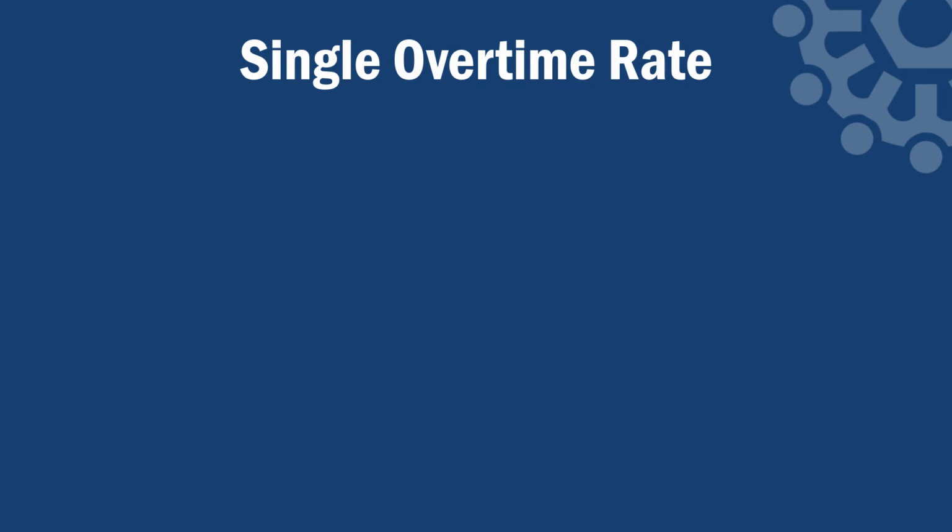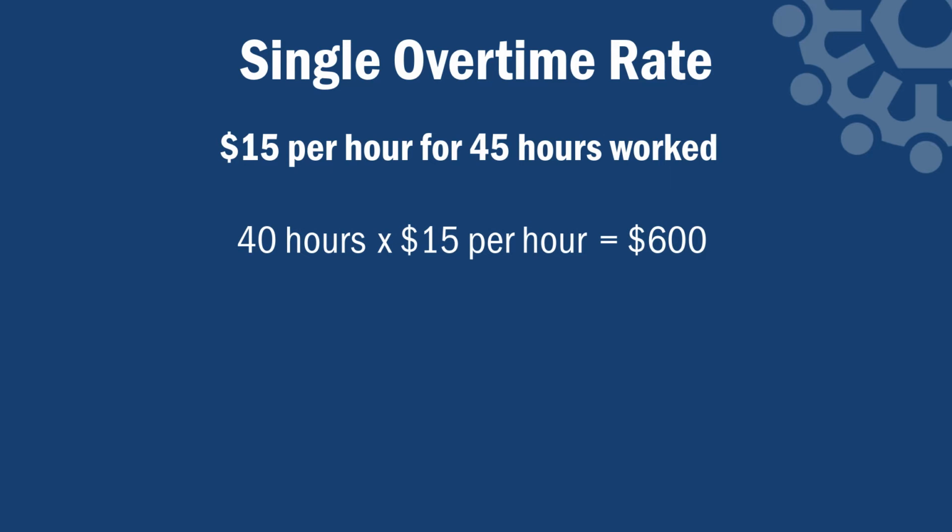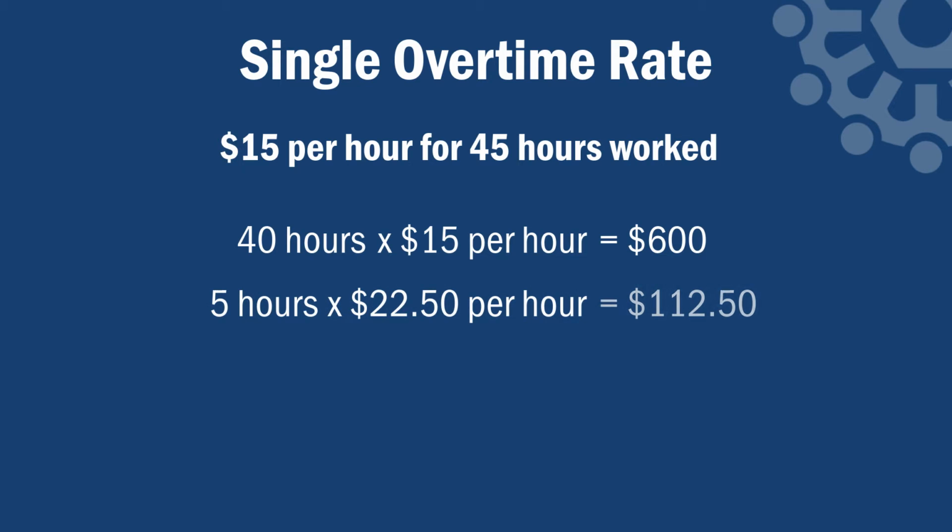In this example, the employee's regular rate of pay is $15 per hour. Their overtime rate then is $22.50 per hour, as that is 1.5 times their regular rate of pay. The employee works 45 hours in the work week. 40 of these hours are paid at the regular rate of $15 per hour. 40 times 15 equals $600. 5 of these hours are paid at the $22.50 rate. 5 times $22.50 equals